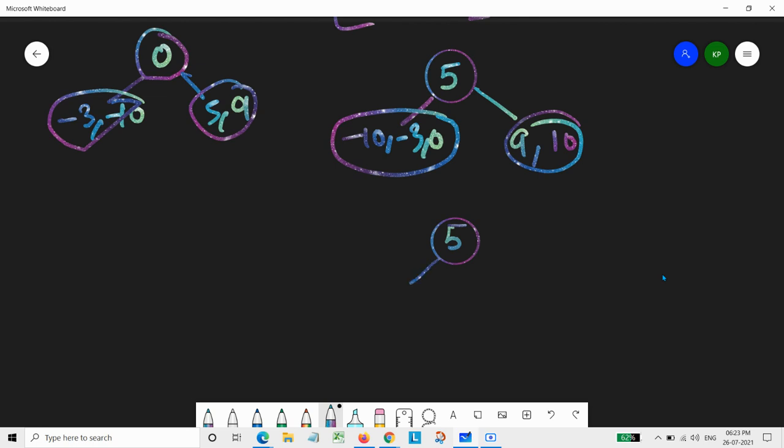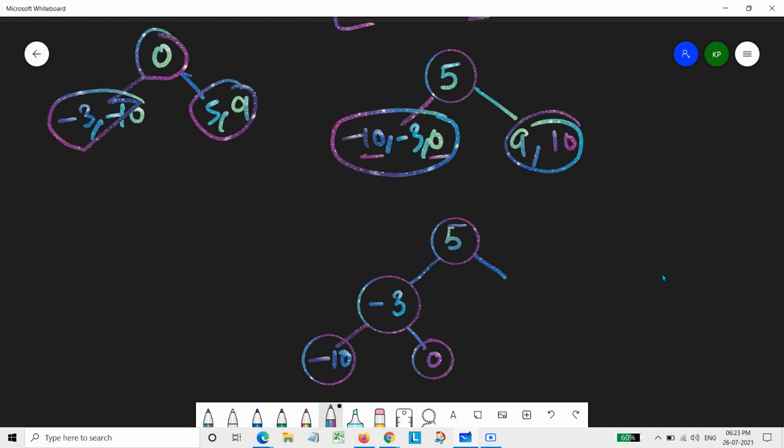and now we need to choose. Basically, we'll see that it is also like an array only, where we need to choose the middle element. And here the middle element would be minus 3. So our new root would be this. And next we are having minus 10 and 0. So now minus 10 will act as the left and 0 would act as the right node of this minus 3.